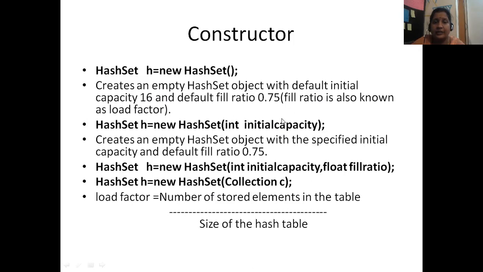New HashSet(int initialCapacity). You can give 20, 25. For example, if you give 25, then 3/4th of the 25 part is the threshold. If you give 24, then once 3/4th of this 24 capacity is filled, next time it will be automatically incremented.